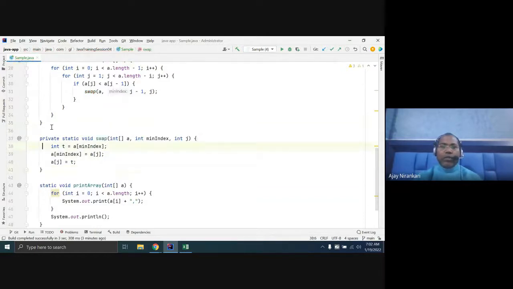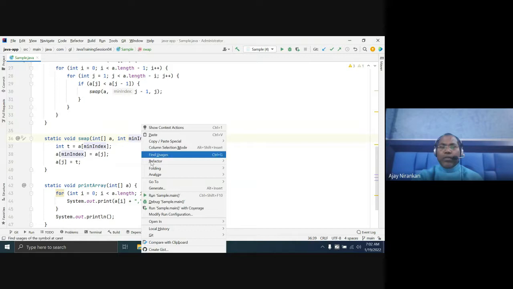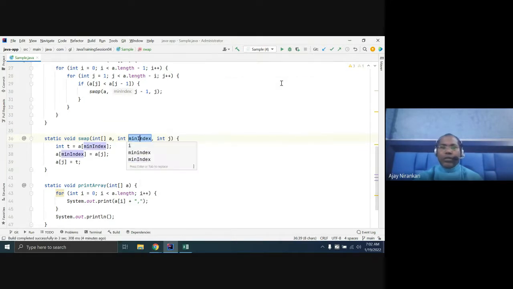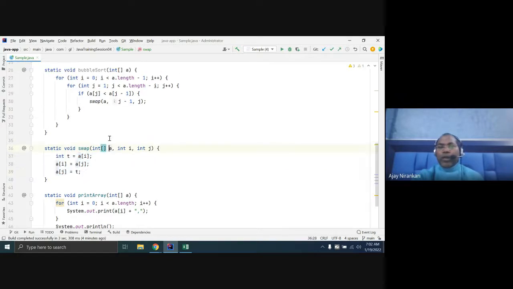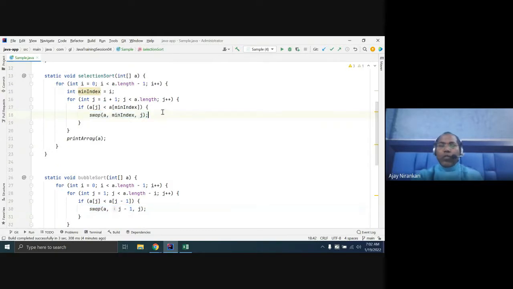You don't even need private. The swap method takes one position index value and another, let's say i and minimum, and you can rename them. Whatever two positions you give, take a temporary, and assign this and this. So this is a swap function, just swapping two elements of a given array. You can just invoke the swap function here, and a swap function here. Now your code has no duplicate, right?